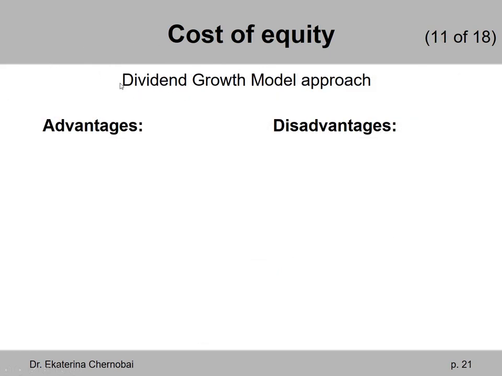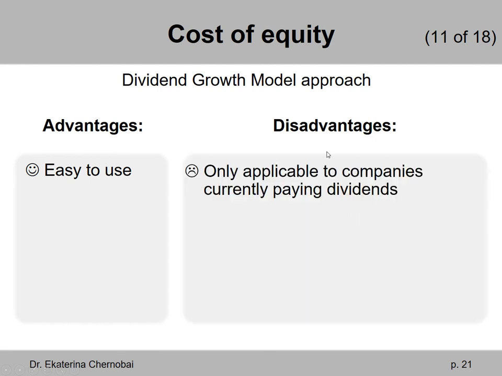Okay, so the dividend growth model approach was one of 2 formulas that we can use to calculate the cost of equity, which is how much it costs the firm every year to use money provided to it from the investors who bought its common stock shares or equity. Let's summarize the advantages. According to the book, it's easy to use. Okay, no other advantages, I guess. Disadvantages,